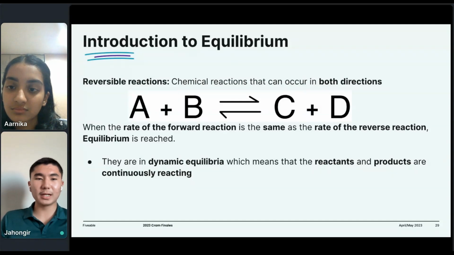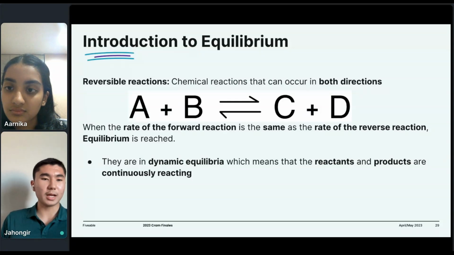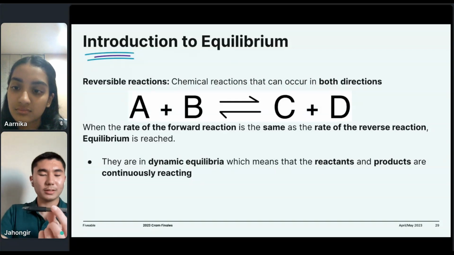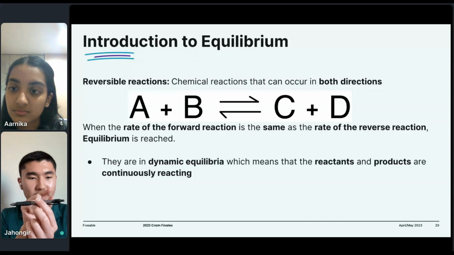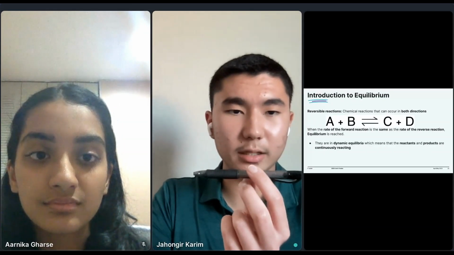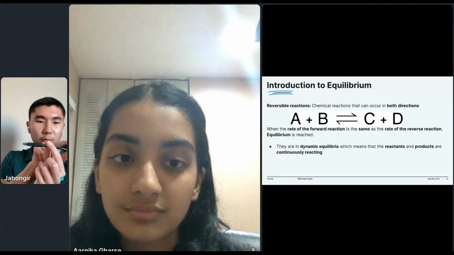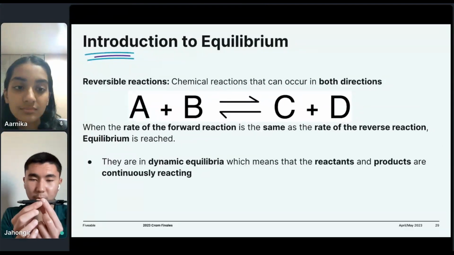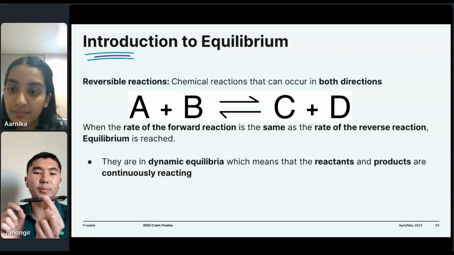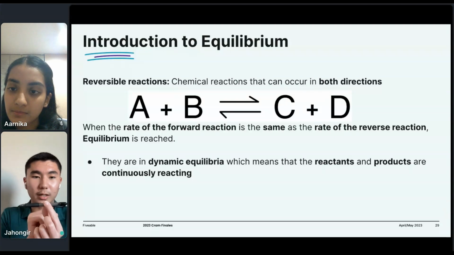reverse reaction. Now, when I think of equilibrium, besides the ping pong ball example, I always think about a seesaw, but I don't have a seesaw laying around here, so I'm just going to demonstrate that with a pen. So let's say our reactants are on this side and our products are on this side. And in equilibrium, we are in a state in which we're keeping the reactants and the products pretty much the same. We're keeping the rate at which they react the same. And this is also a dynamic equilibrium, in which the reactants and products are continuously reacting, which is moving this